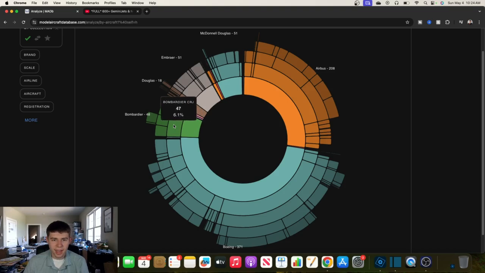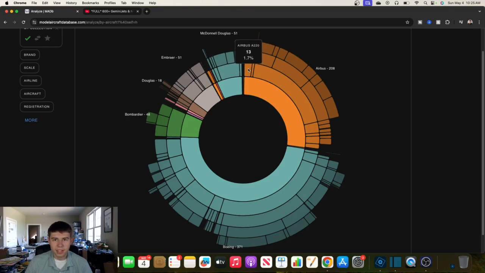And then you see over here, I have 47 Bombardier CRJ 900s, and then my other Bombardier is, I believe, going to be this one right here, if I can get it. Let's see. The Challenger 600, sorry, by NetJets fits in right there, which is pretty cool. But you can see this gets all the way down to the CRJ 700 and so on and so forth down here. The CRJ 552, which is really cool that it breaks it down that particularly. We have some Convairs in there. We have, let's see, DC-3s, DC-8s. You got the Embraer 170s, and we got the 140s as well, and the 190s. You got some Lockheed aircraft in here as well. At the McDonnell Douglas, plenty of MD-80s, which is pretty fun, and it breaks it down by 82 and